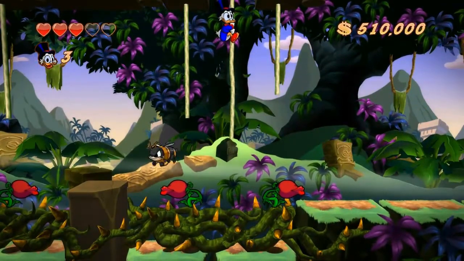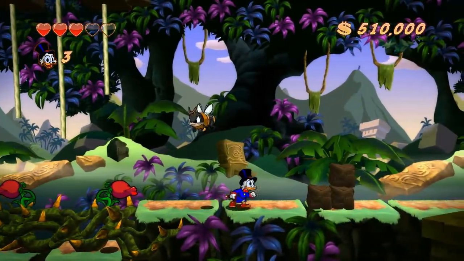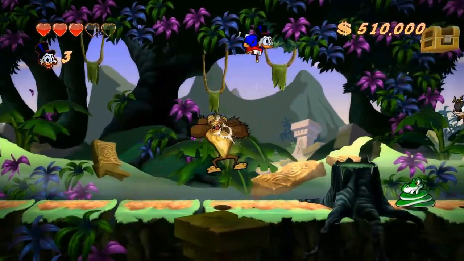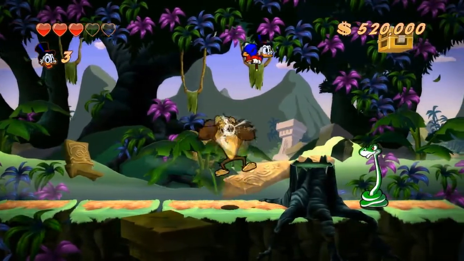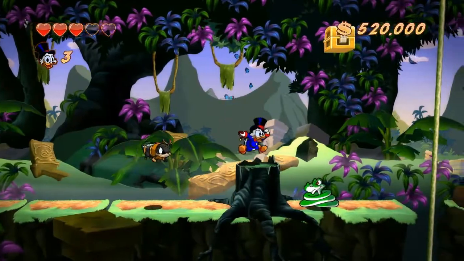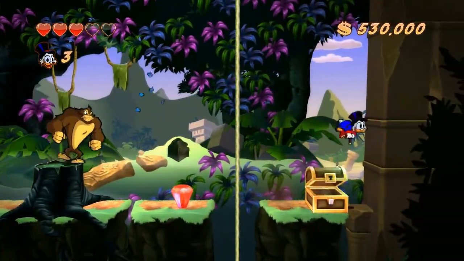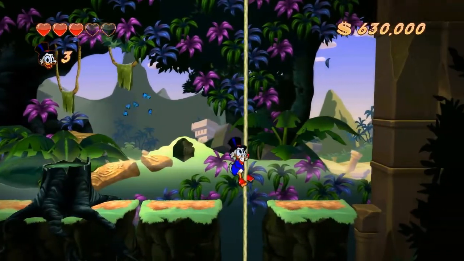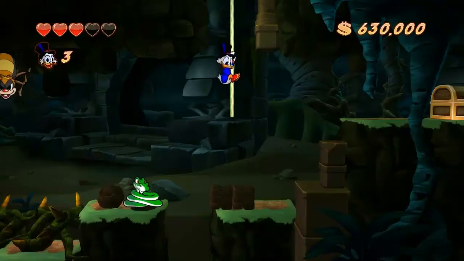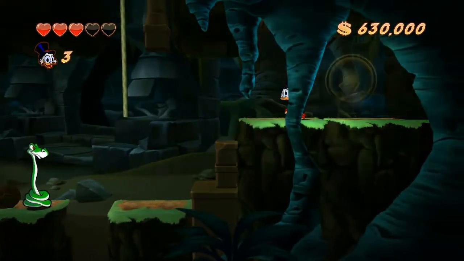Let's wait for that bee to go away. Come on, gorilla. No! Okay, good. Got it. So there's 2 more medallions down in the caves. Wait, 2 more? 1 more. Because there's one like at the halfway point that I already got. So we're good in the...